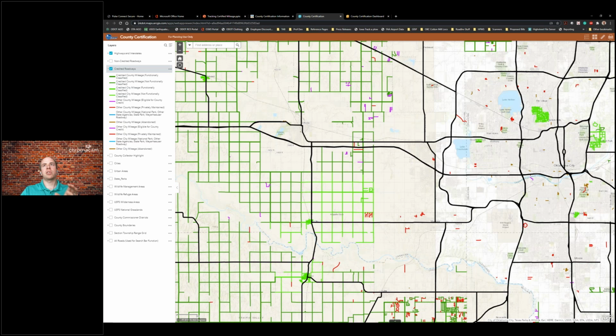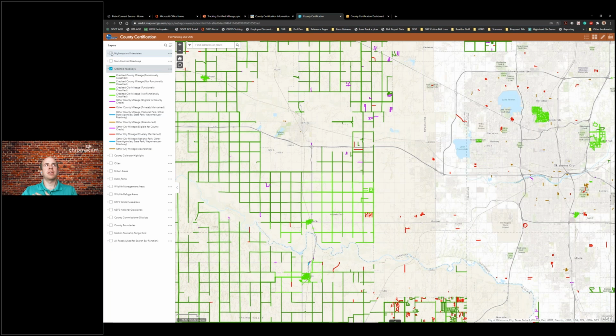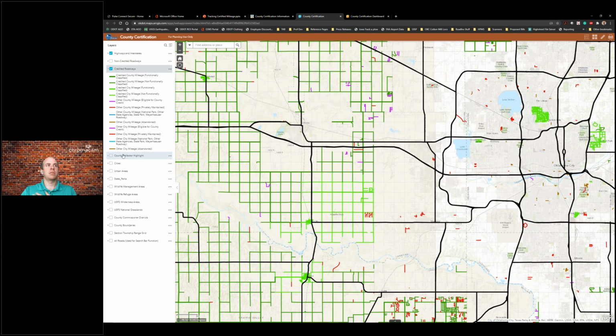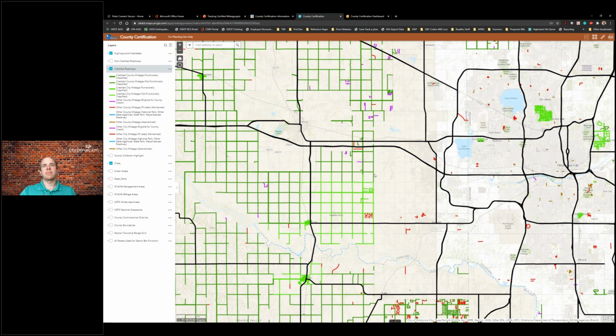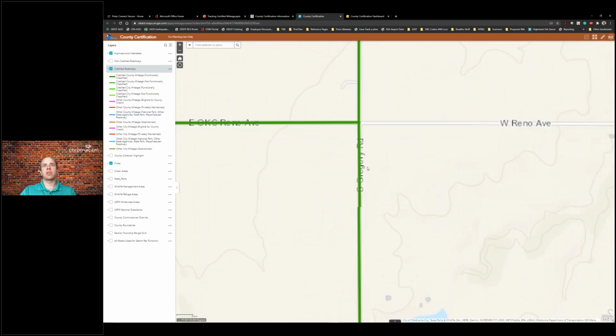So this is that county certification web map I was talking about. You can flip on the highways if you need to, all your credited mileage and your administrative boundaries. So if I flipped on cities, you'll notice there's no roads turned on because this is the Oklahoma City limit. And Oklahoma City is way too big for the county commissioners to receive that credit. So they could zoom in. They can even zoom in close